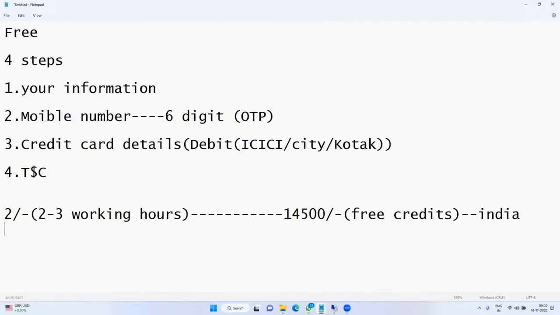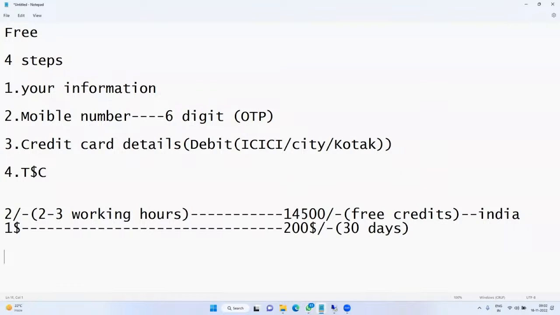For US people, $1 is debited and they get $200 free credits. Both we have to use for only 30 days. The free trial would be 30 days. After 30 days, automatically your account will be deactivated. No alternative, we have to create another account.